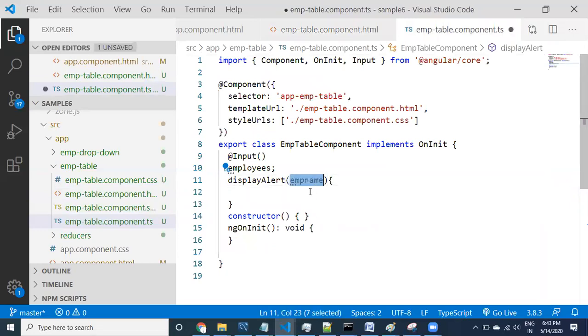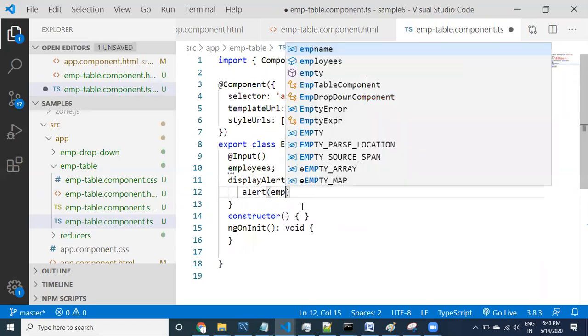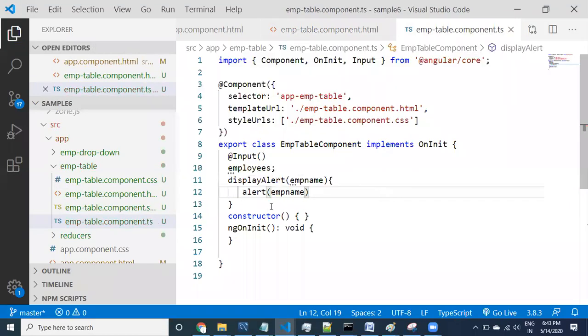You don't even need to provide the data type, you can directly provide this. Now say alert emp name. Here I'm not saying this dot emp name. Why? Because it is not an object level property. This is a local variable.